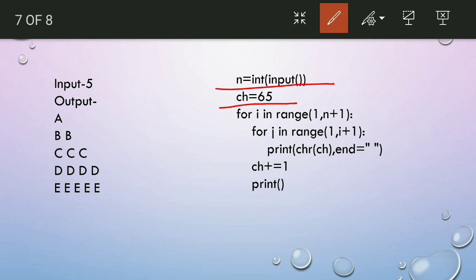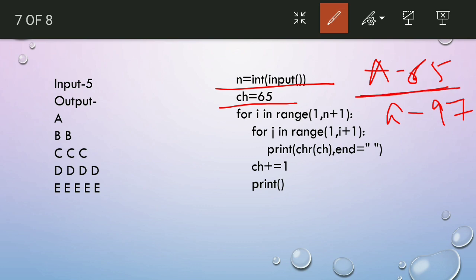Why did we take 65? 65 is the ASCII value of capital A. If we want to print small letters, then the ASCII value is 97, I think. For capital letters, 65 is the ASCII value of capital A, that's why we have taken ch equals 65.